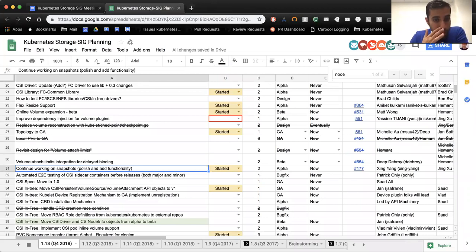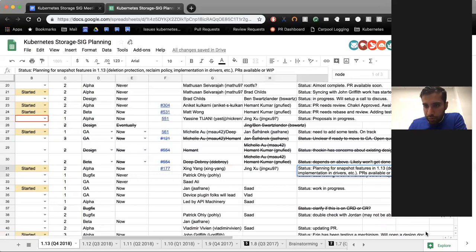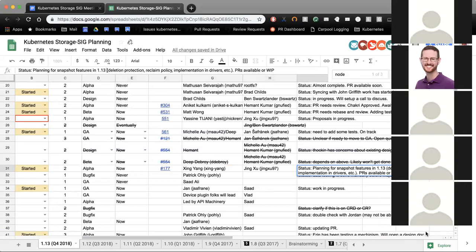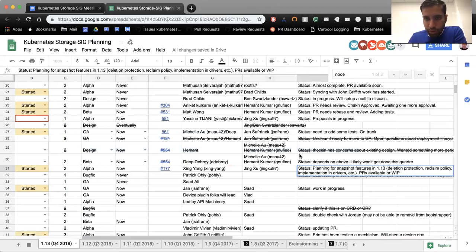Continuing work on snapshots. So Xing's been giving regular updates in the CSI meeting. Xing, do you want to give an update here? Maybe Xing is not on the line. Jing, are you on the line? Okay, looks like neither of them are, but there are a handful of items that they're tackling for this quarter,